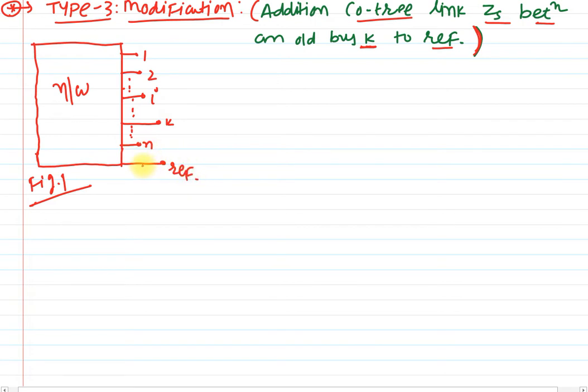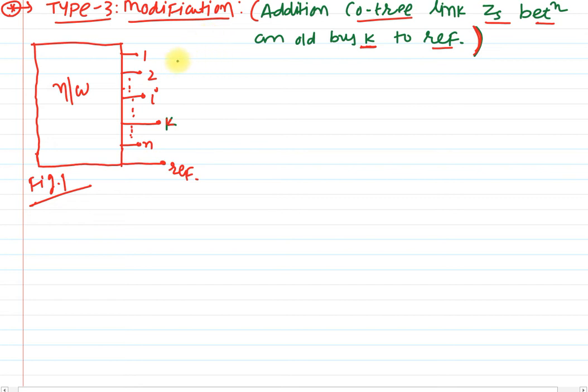As per the condition, I will draw the network. Here we have to consider the addition of cotree link ZS between an old bus K to the reference bus.